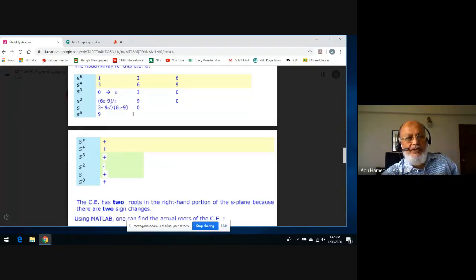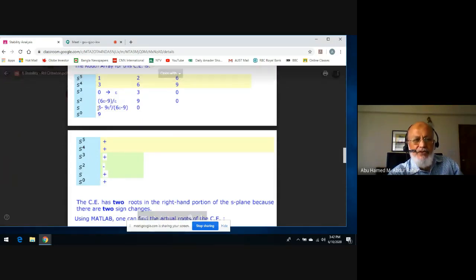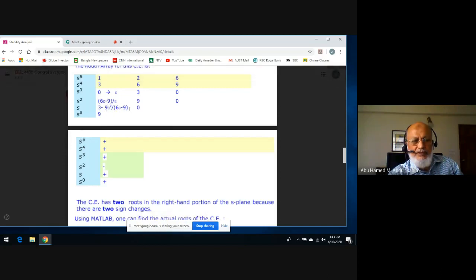Again, make sure that you have written it properly. This quantity is going to be all this multiplied by 3 minus epsilon times 9 divided by all this. And then simplify. You can divide the whole thing by this number. You know that. So the first one is going to be 3 times this divided by this again, so it will be 3. The other one is going to be 9 times epsilon divided by this. This should come to this number.